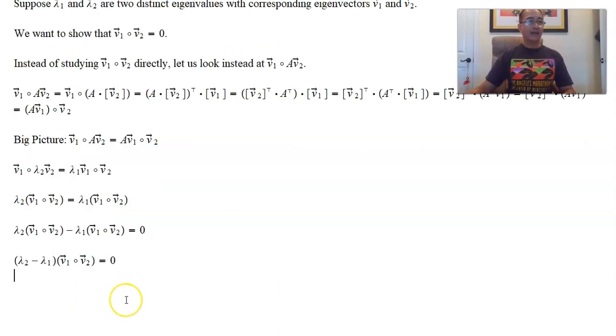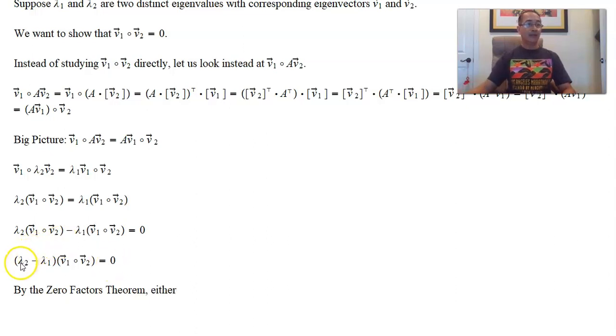Okay? And you know what? I love this section because we're back to day 1. Literally, day 1. First video that you ever saw. Why? These are no numbers. They're just scalars. Lambda 2, lambda 1, they're scalars. V1 dot V2, that's a scalar. The product is 0. What's that? The zero factors theorem. By the zero factors theorem,